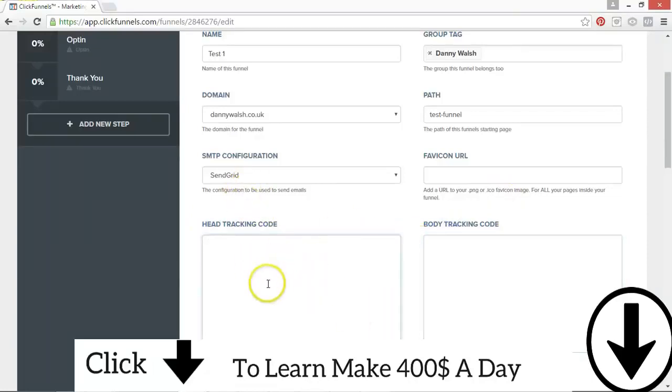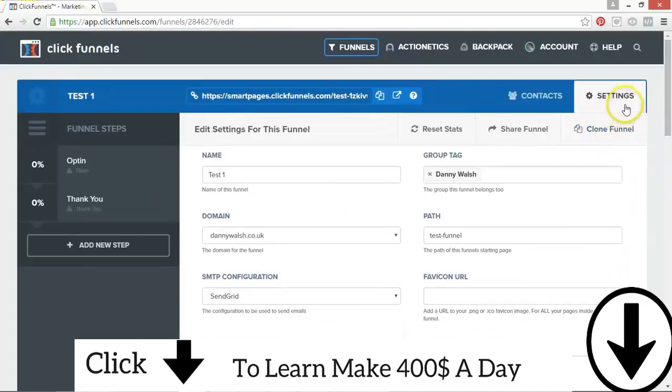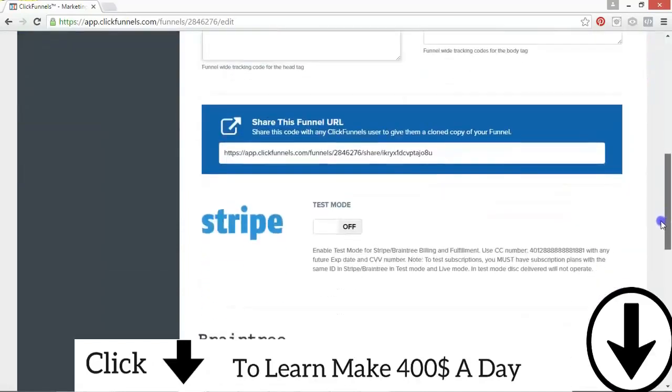For example, Google, you just drop it in the head and that will track the visitors across every single page of your funnel. That's very, very important, because unless you know where your visitors are coming from or where they're going or how they behave while they're in your funnel, then you're going to have problems when it comes to analysing data later down the line. So you fill these bits in first in the settings,